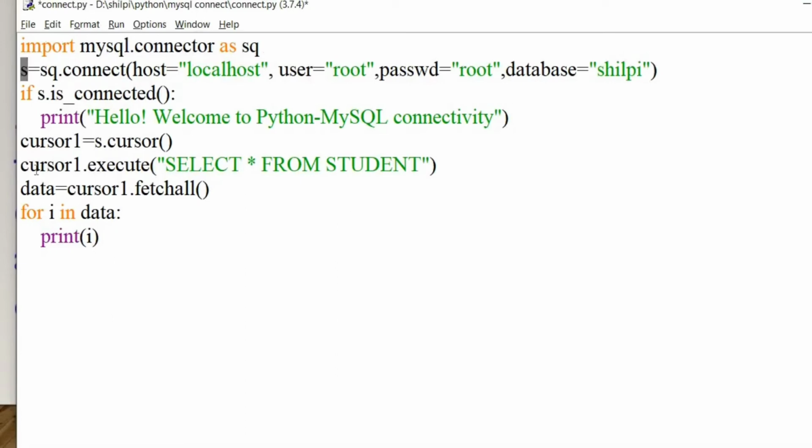So I'll close it after it fetches all the data: cursor1.close and s.close. Once it is closed, you will not be able to execute any further queries or access any data from the table, since the connection and the cursor object are closed. So I'll run this.